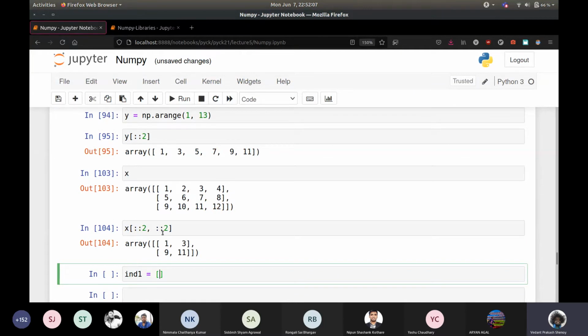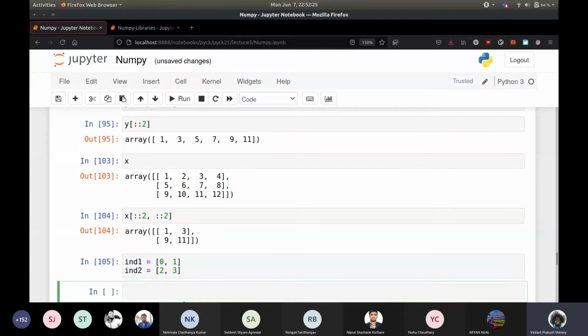Can you do that with multi-dimensional arrays, where you pass two lists of integers separated by a comma? So let's try that. So let's say 0, comma 1, right? So this will select the first two rows. This will select the third row and the fourth row. So x of int1 comma int2.